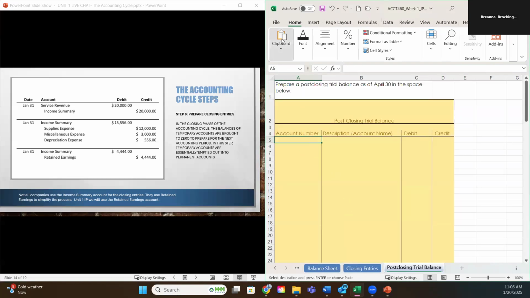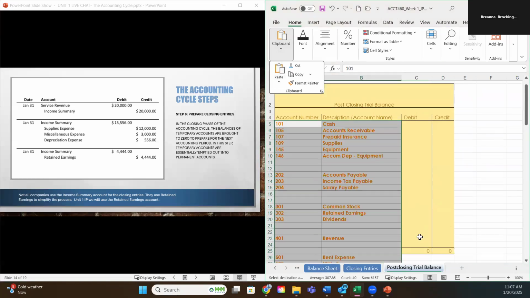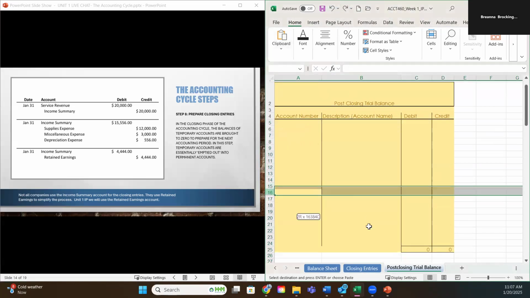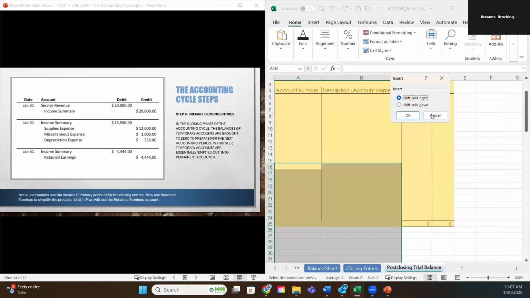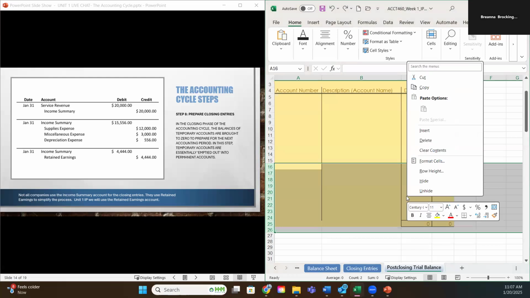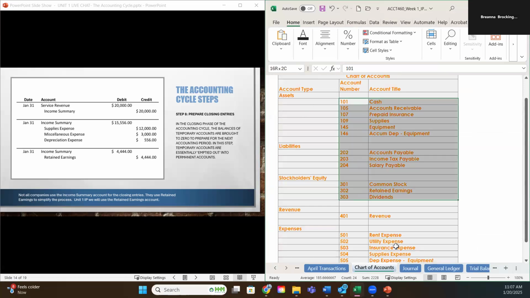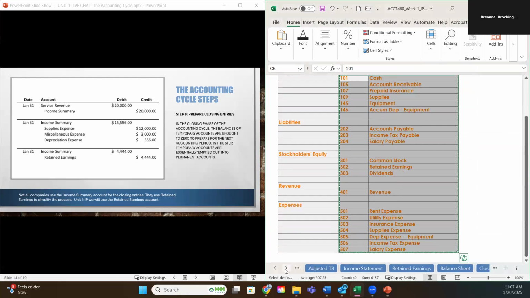So again, we're posting all of our chart numbers in here. We're not going to use them all. So when you get to your revenue, I didn't put enough lines, sorry about that. But if you were to copy and paste all that in here, and you have any amounts in your revenue or your expense accounts, then you know something is wrong and you have to go back and look at it. So when you're preparing your last post-closing trial balance,